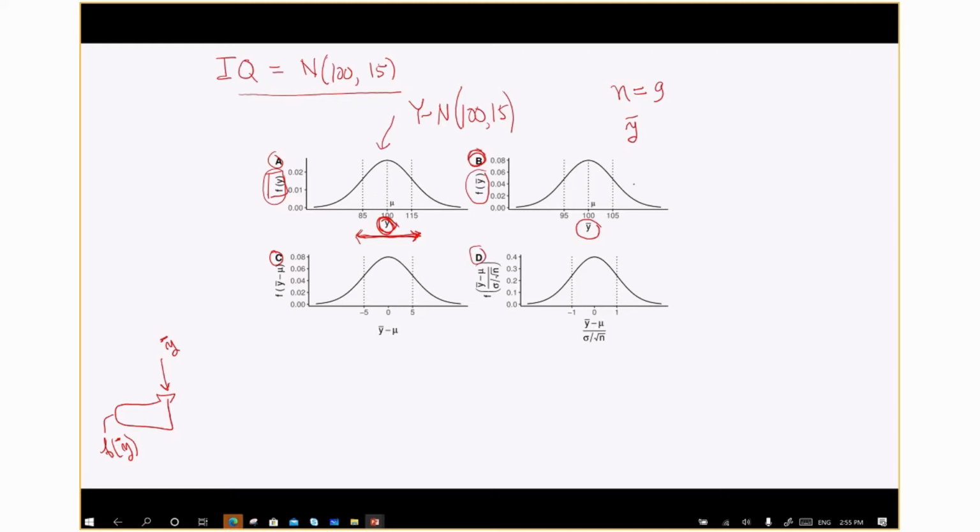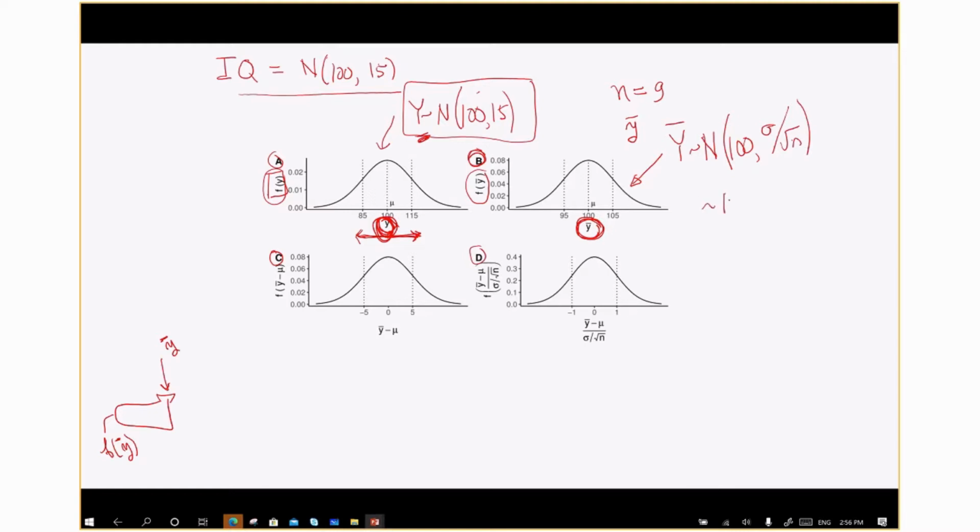So what can we say about this curve? What we can say is that if the set of all possible values of y, the random variable capital Y, has this distribution, then the set of all possible values of lowercase y bar would be the random variable capital Y bar, and it's going to be normally distributed. It's going to have the same mean as the underlying population, 100, but its standard deviation is going to be reduced. Standard deviation is going to be sigma divided by square root n,